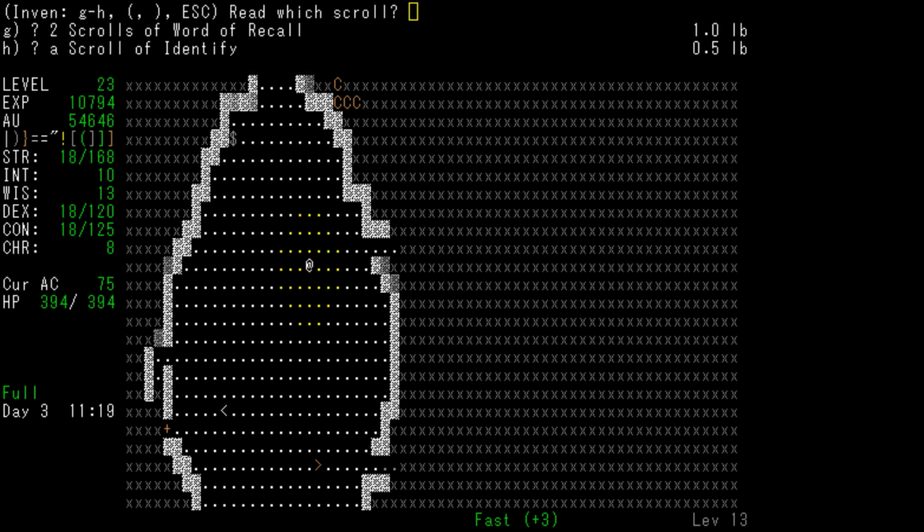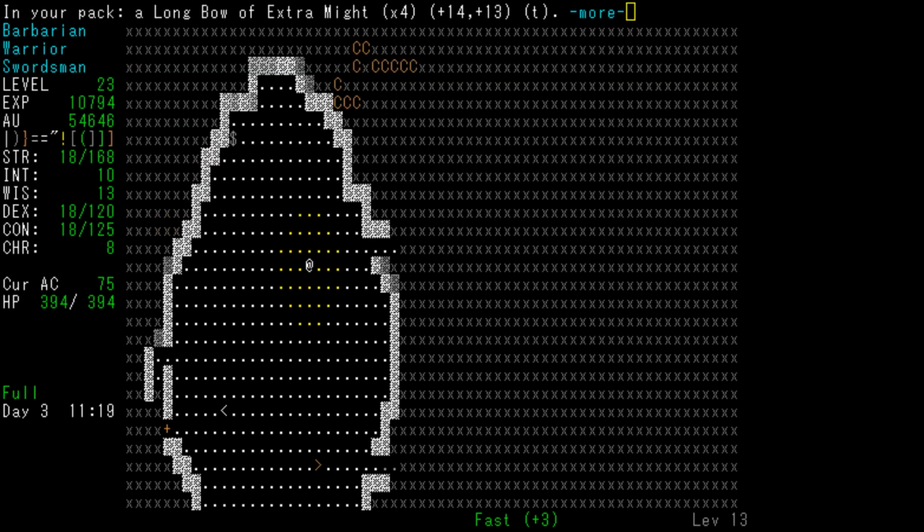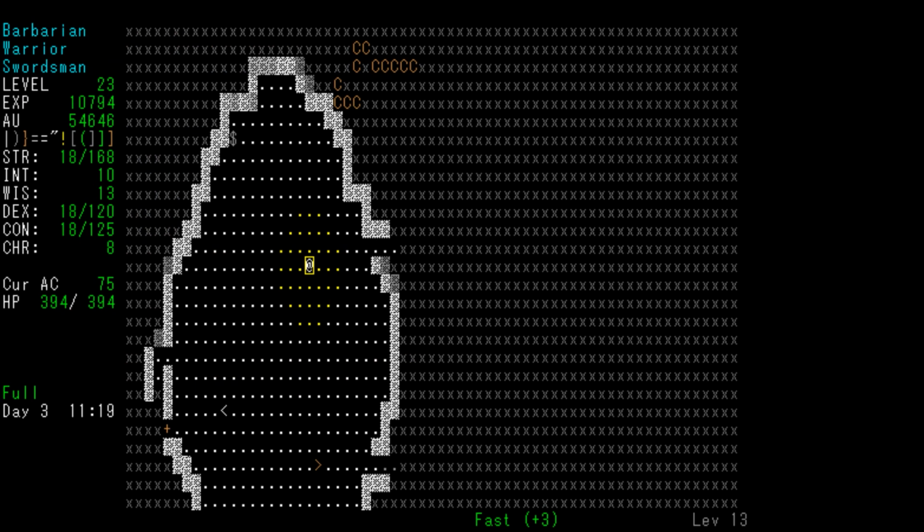Let's read the scroll of identify on the excellent longbow. Extra might plus 14 plus 13 versus... so it does 4 times the arrow damage. That's what the times 4 means. So my arrows do 2d4 damage. It says 4 times that. It also gives us plus 14 to hit and plus 13 to damage versus